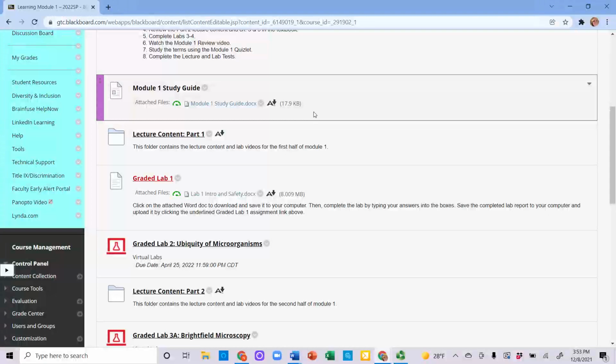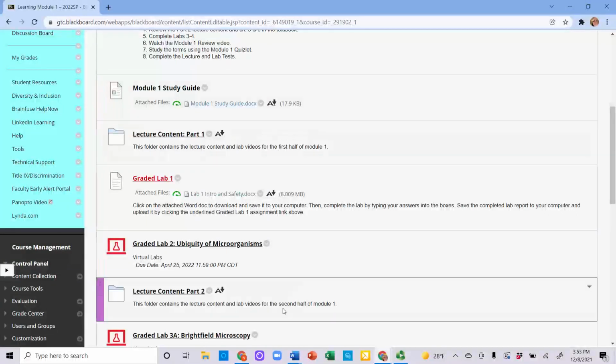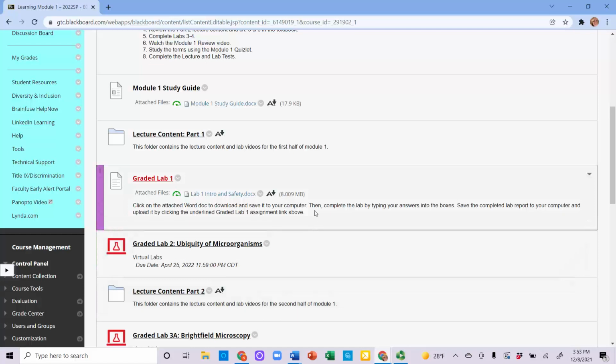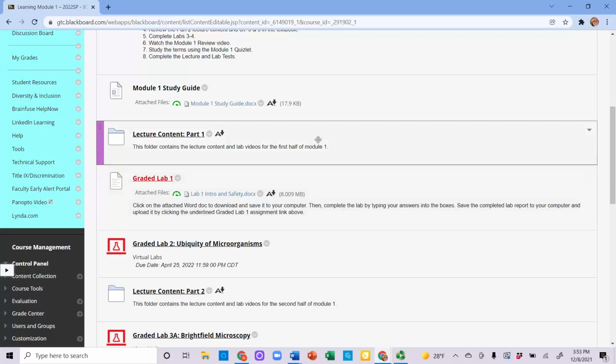Lecture content is divided into 2 parts, Part 1 and Part 2, for each one of the modules with the exception of Module 7. Part 1 and 2 are divided because different lab concepts go with those different parts. If you're in the full 14-week course, then you will be completing Part 1 in 1 week and Part 2